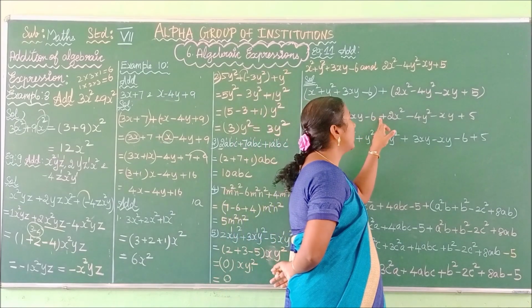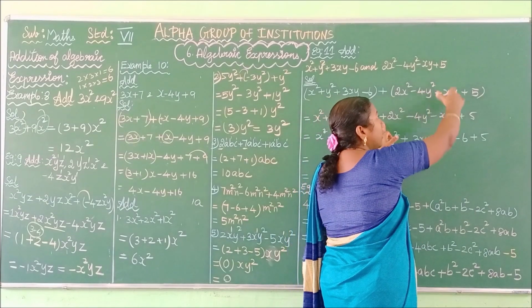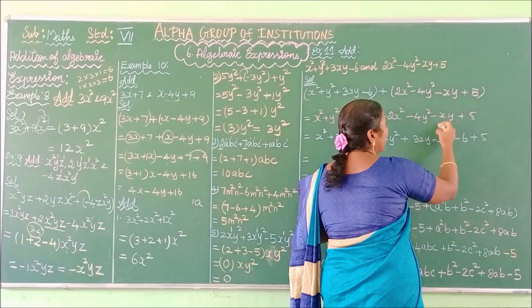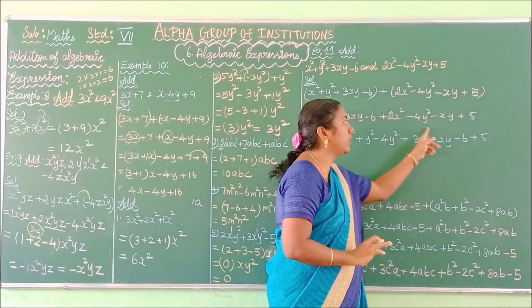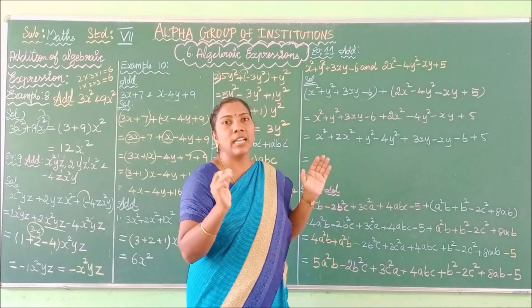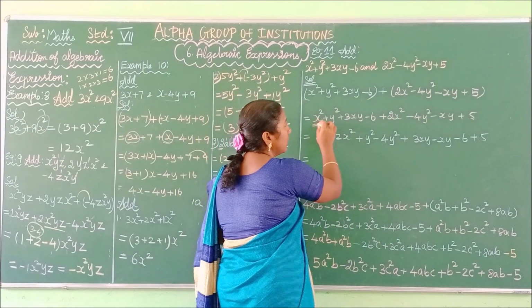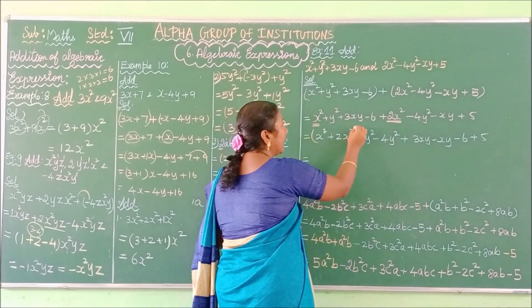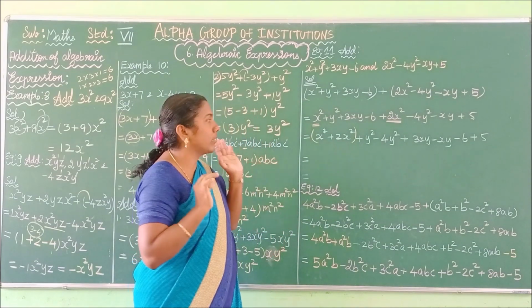Okay. If outside the bracket you have a plus, the terms contained come as they are. So 2x square minus 4y minus xy plus 5. Now we are going to evaluate this. How can we evaluate? By segregating the like terms. See whether there is x square. Here also we have x square. So we are collecting the like terms. Thus we are writing x square plus 2x square.